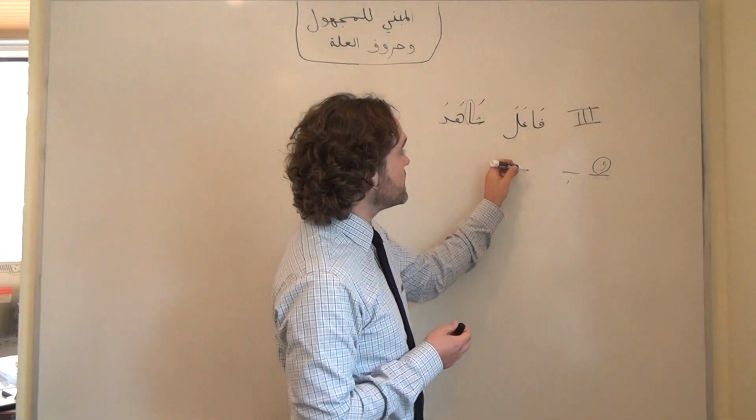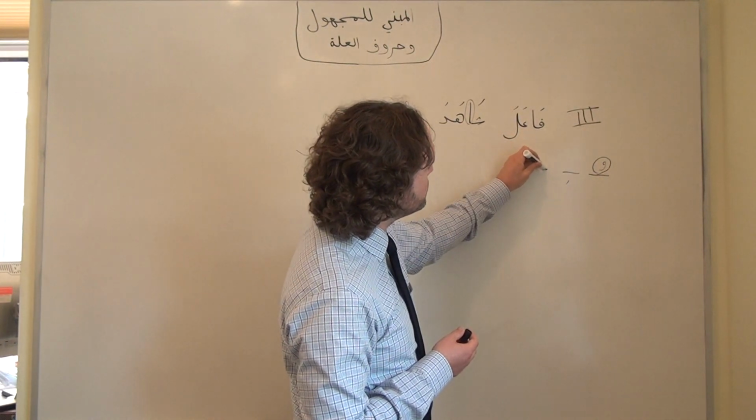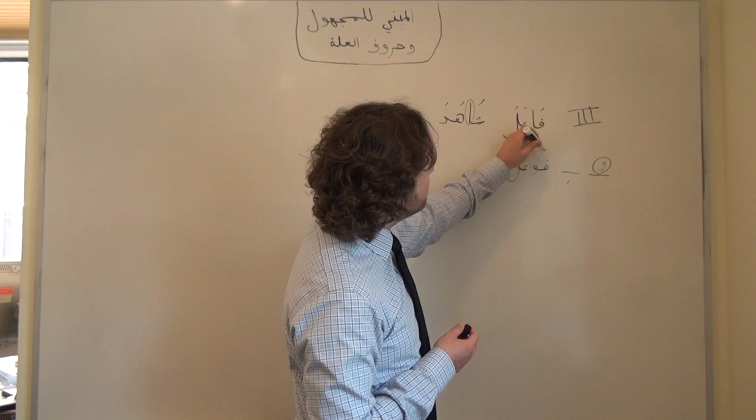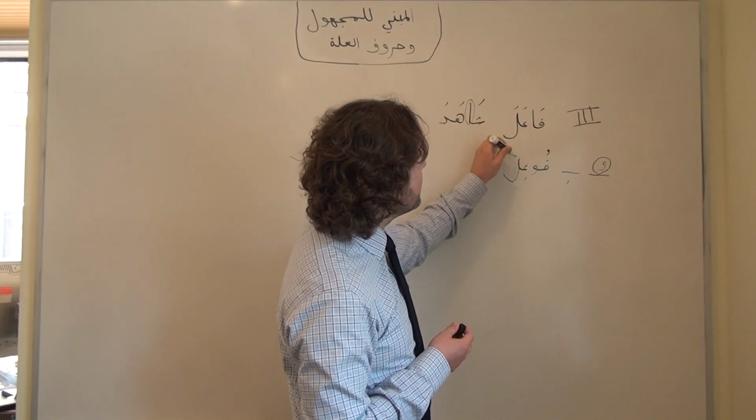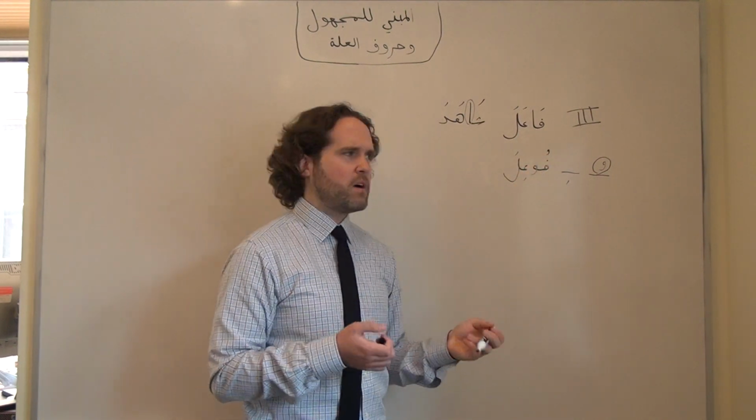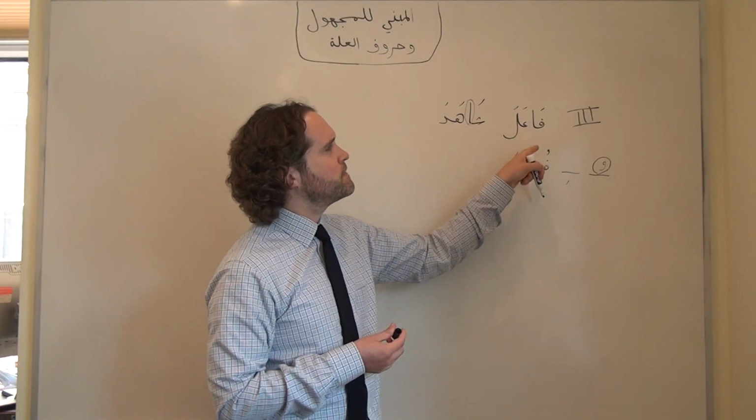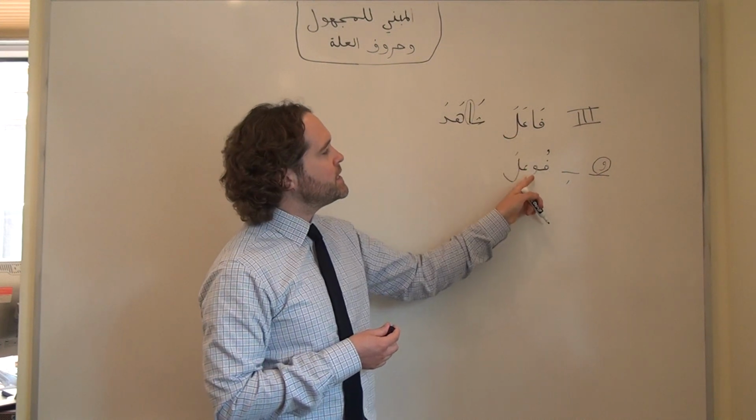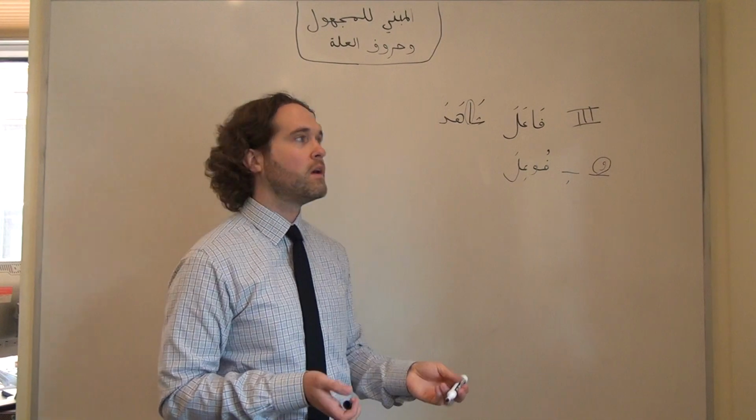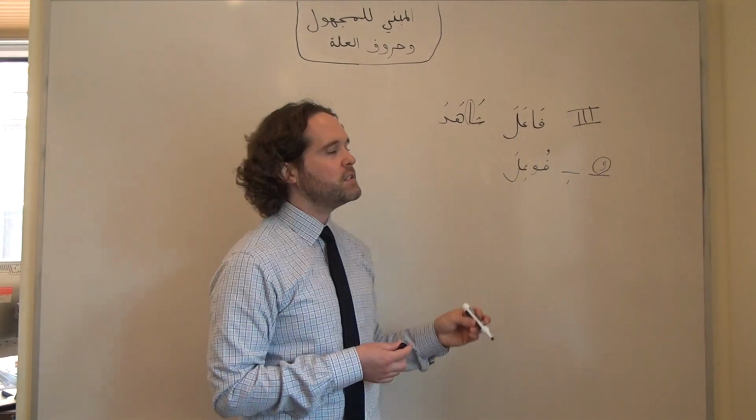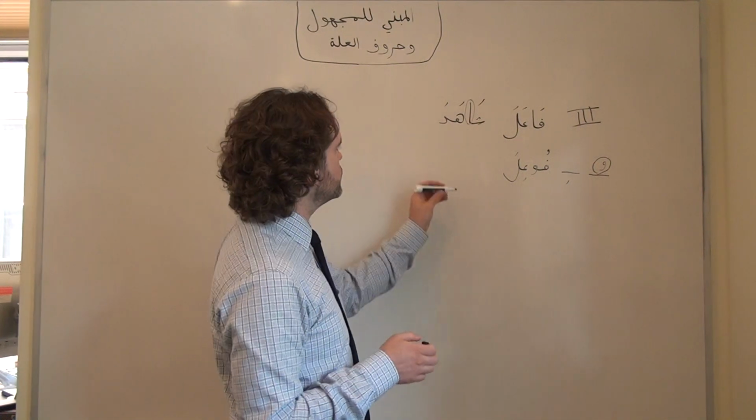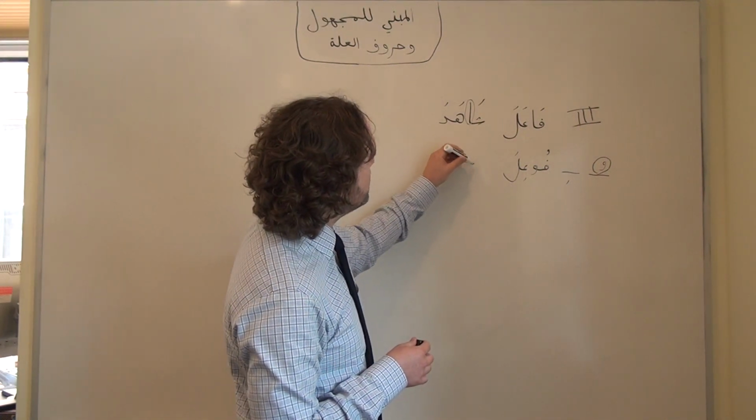So in form 3, in the passive voice, actually every single verb is going to follow the pattern fu'ila. So the strength of that dhamma has bent this alif in the active voice pattern into its own shape to make its own sound. It's kind of imposed its will on that vowel. So if we wanted to say he was seen or it was seen, conjugated for the masculine, we would actually say